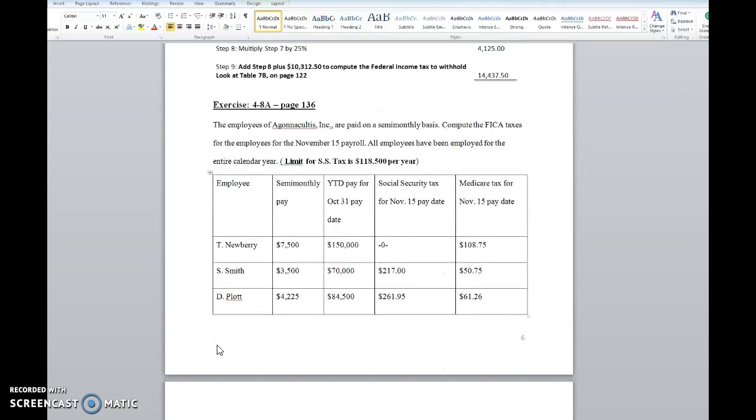Exercise 4-8A. In this problem, the employees are paid on a semi-monthly basis, and we need to compute the FICA taxes for the employees for the November 15th payroll. All the employees, as stated in the problem, have been employed for the entire calendar year. Remember,